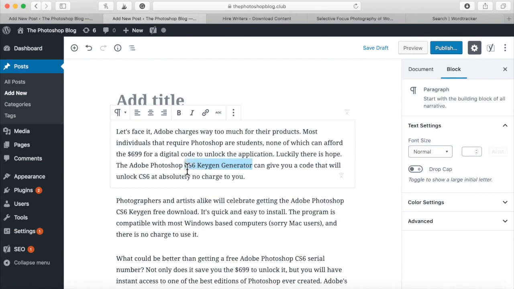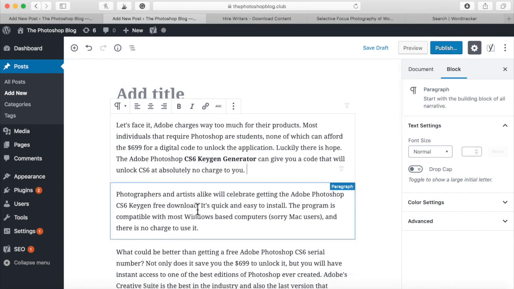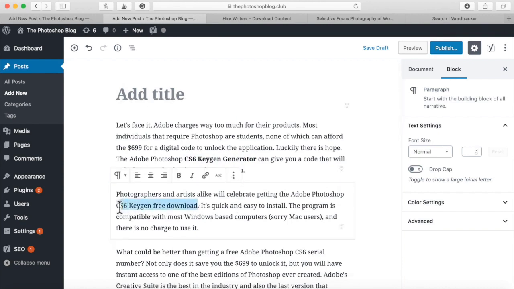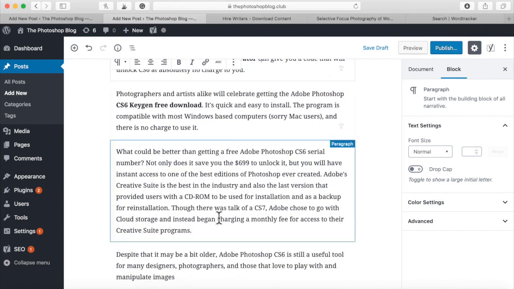Photoshop CS6 keygen generator. That's a very, very good term to put. It's a very good term right there to try to rank for. See, CS6 keygen free download, because a lot of times people are not looking for the entire software. They already have it. They're just looking for the private key, and if they're getting it for free overall, this will also work. So I'll put it 2 times right there,